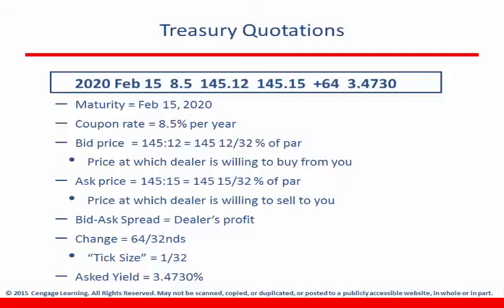Once again, the tick is the amount a price can change, right? So prices here are going to change in some kind of a fraction of 1 over 32, right? And the yield based on the ask price is 3.4730%. Okay, so there's all that information you need there. And, once again, what we're really looking for, like a lot of the math problems that we're going to be dealing with, is price and coupon rates. You'll need the maturity date to figure out N,